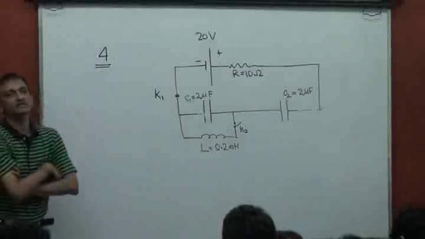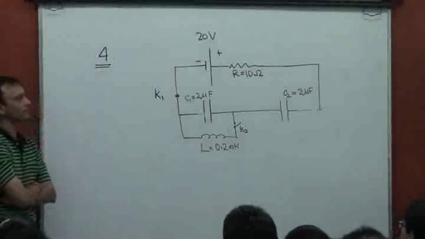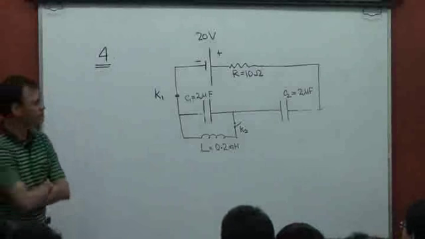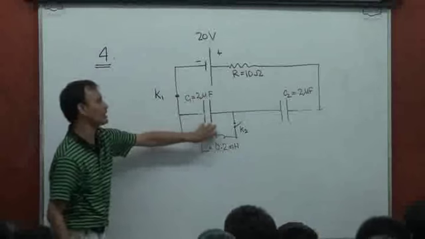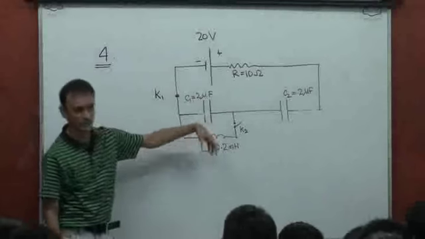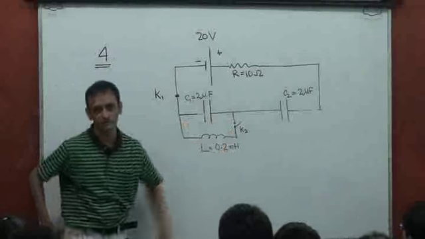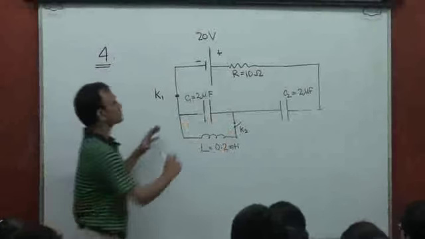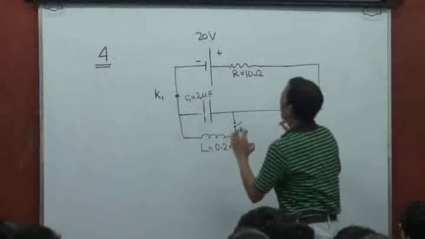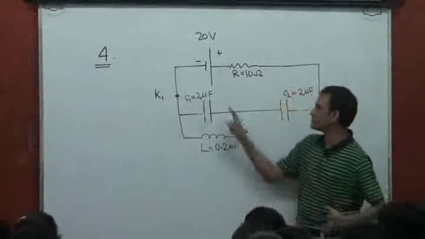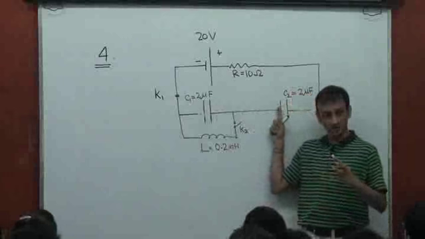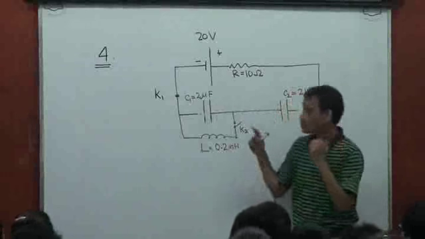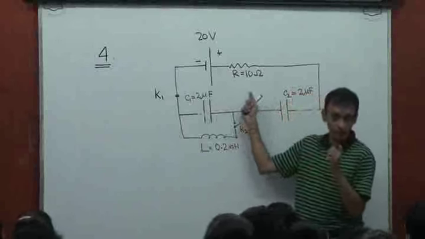So here we have a circuit which has accomplished steady state. In the upper branch, the lower branch is inactive. The lower loop is inactive because of the open switch here. And under steady state conditions, the loop offers infinite resistance to current because of the capacitors, right? So there is no current driven in the upper loop.